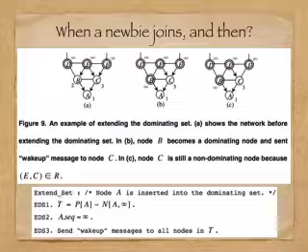Subfigure A shows the network before extending the dominating set, and in subfigure B, node B becomes a dominating set and sends a wake-up message to node C, and then in subfigure C, node C is still a non-dominating set because EC is in R. That means if B actually found that it needs to become the dominating set